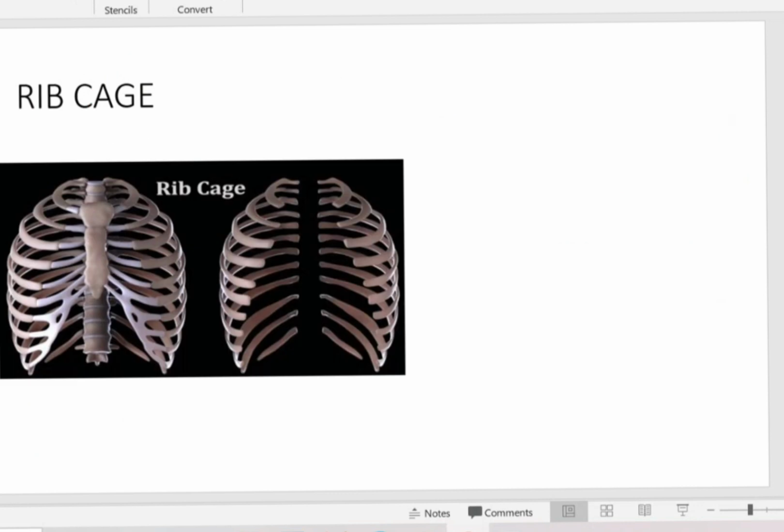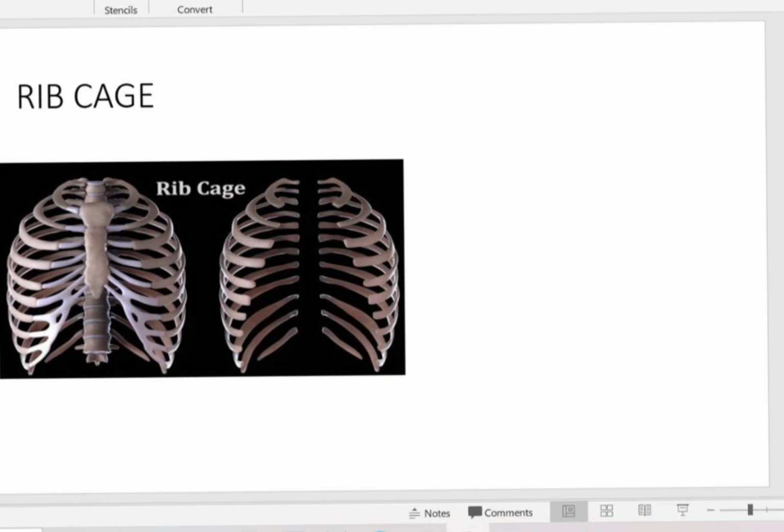Next we'll move to the rib cage. So you can see the picture. It is looking like a cage. How can you feel it? Now place both your hands on your abdomen. Move your hands up and press your fingers. Now can you feel the bones of your chest? Yes, these are ribs. The ribs are packed in a cage-like pattern. That is the reason it is called the rib cage.